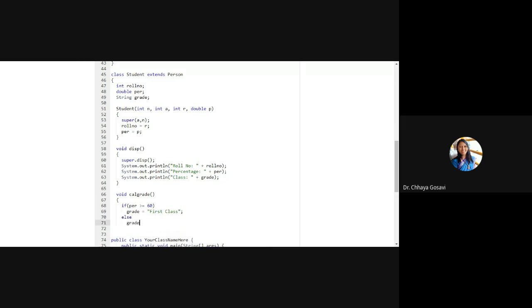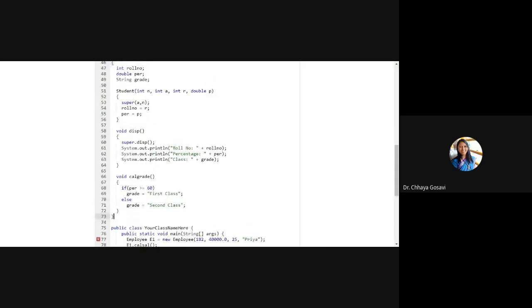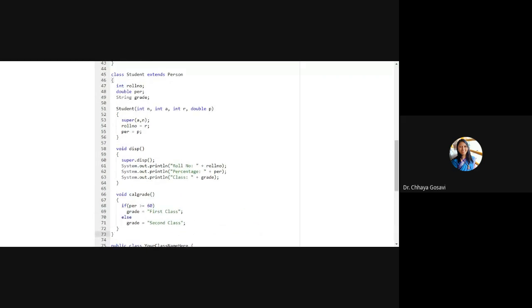You can then modify it to whatever you want. Second class. So similarly, you can write if percentage is less than or equal to 50, then second class, then 40, pass class, else fail.